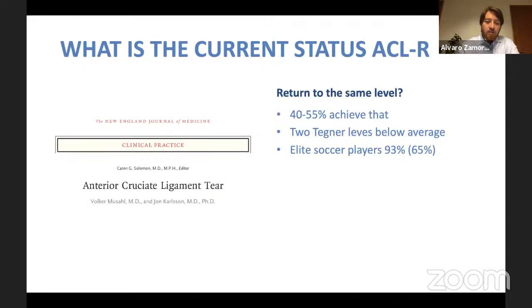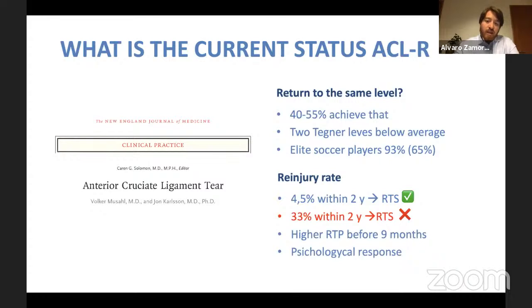What is the current status of ACL reconstruction? We have a lot of information from recognized groups: return at the same level, 40 or 55 percent achieve that. It is not always at the same level as before, often 2 technical levels below average. And in elite soccer players, we have higher success rates at 93%. But the re-injury rate, with return to sport criteria, is maybe 4.5% within 2 years, and 1/3 of our patients within 2 years do not achieve return to sport. So it's really big, and there are higher rates of re-injury when the patient returns early, at 9 months,